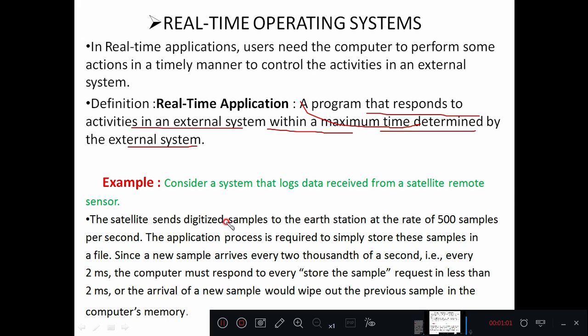So we have seen one example of a satellite system, where the satellite is going to send a number of digitized samples, and the computer system located in a base station or ground station has to collect all those samples and store them in memory, right? So that collecting and storing of data has to be performed within a given time. Let us say the satellite is sending 500 samples, and the time limit for the ground station to collect them and store them in a disk is